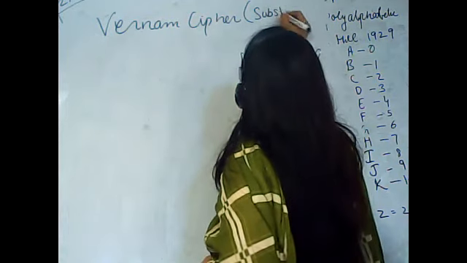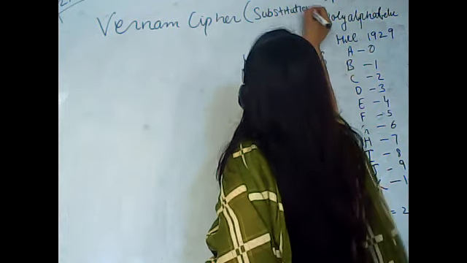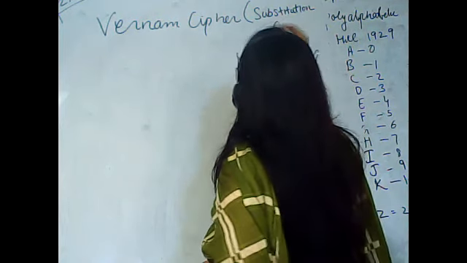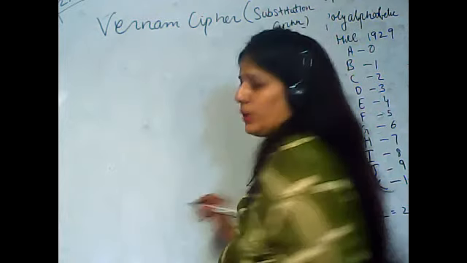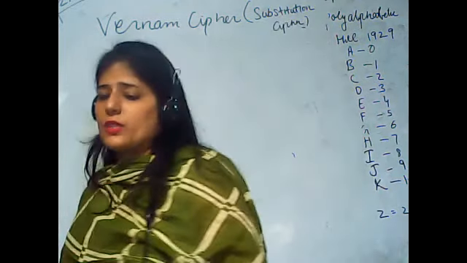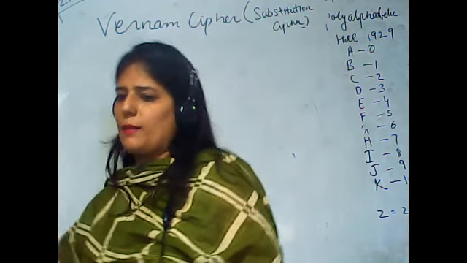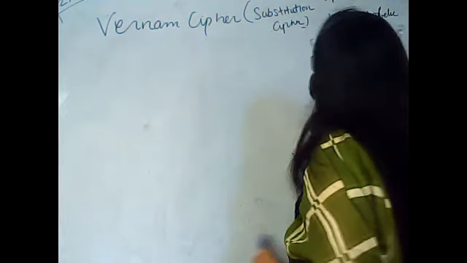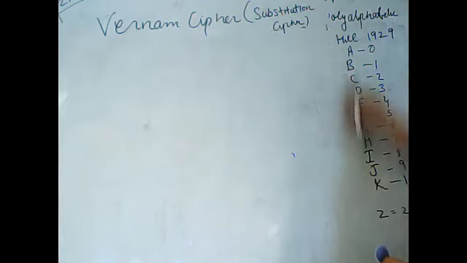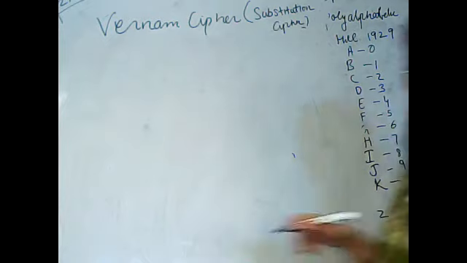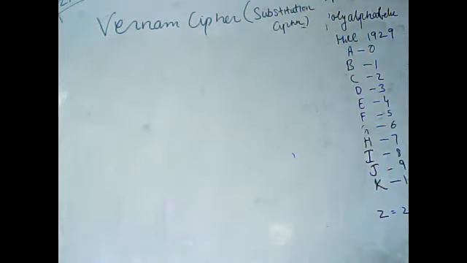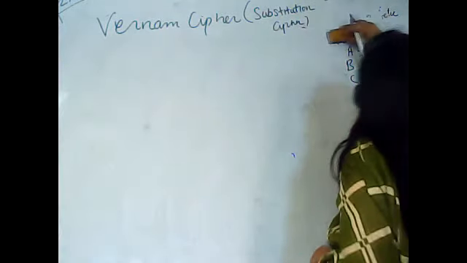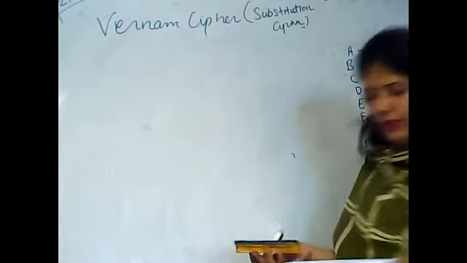Just remember, whatever techniques we are discussing, you must remember under what particular category each one comes, because many times in exams, questions may ask you to explain any type of substitution technique or a polyalphabetic technique. So you must remember what type of technique you need to represent there. Secondly, remember the same concept that we used in the case of the Hill Cipher, that we have to give a numeric notation to each and every alphabet, starting with the value of A as 0 till the end, where Z is given the value 25. Okay,